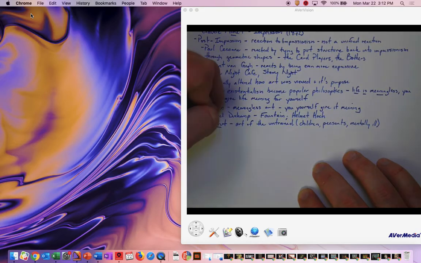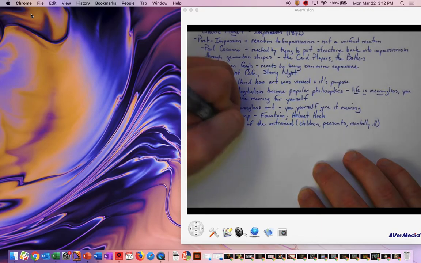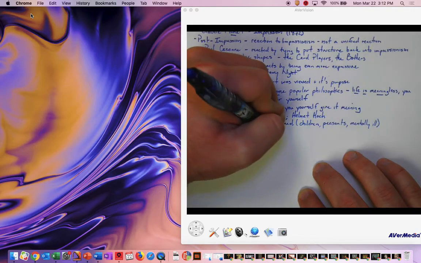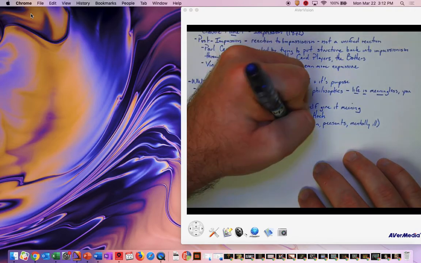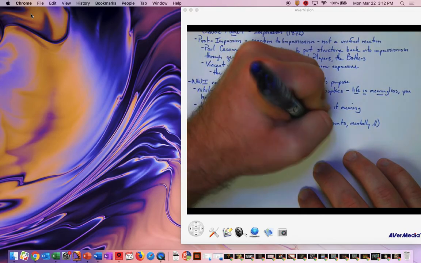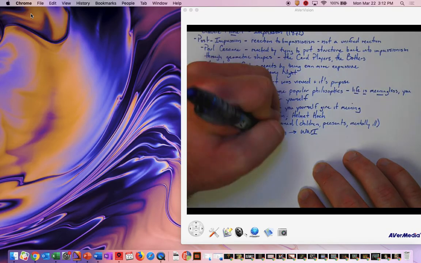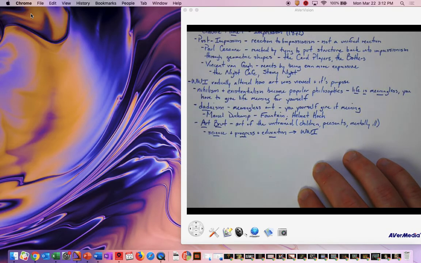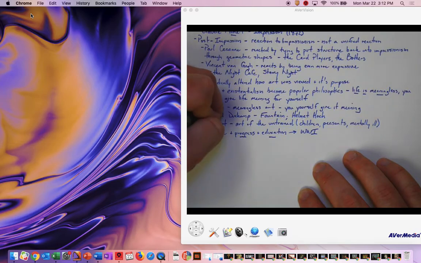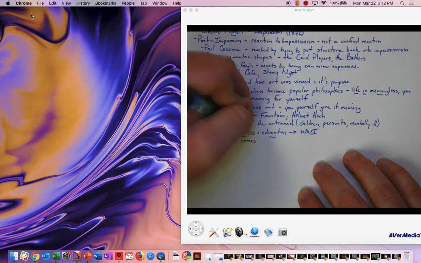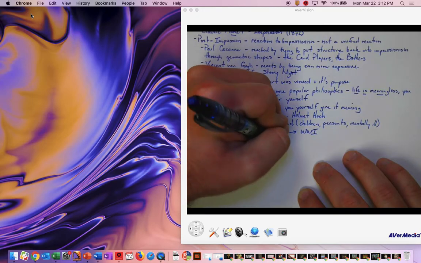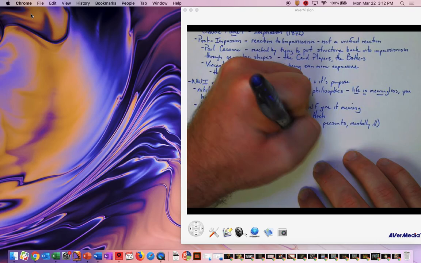And the point of this is that science and progress and education gave us World War I. And so how good is science and progress and education? The real stuff comes through the uneducated.